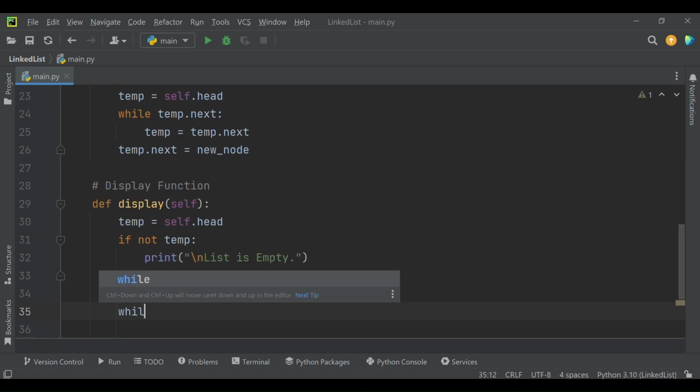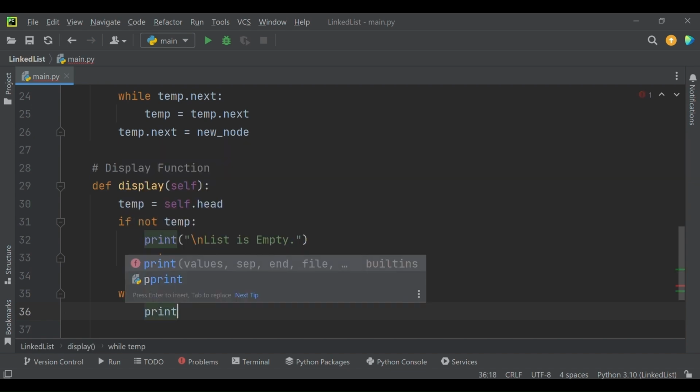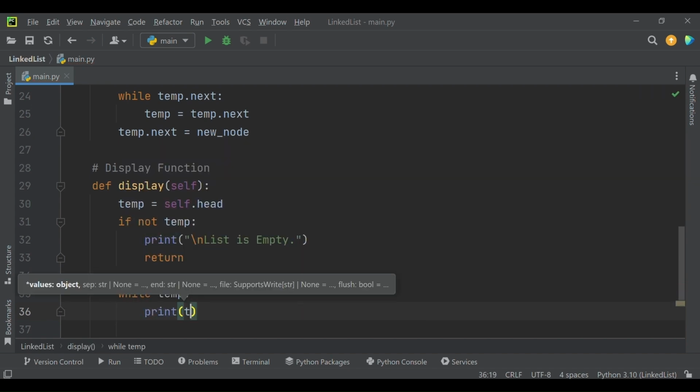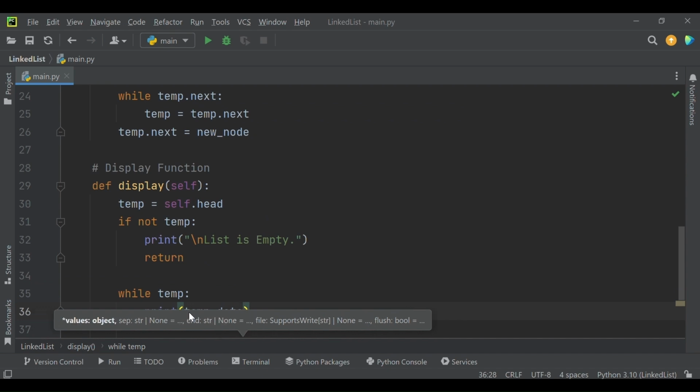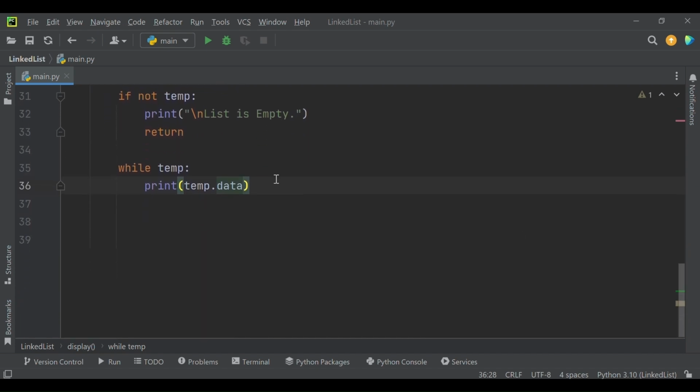Otherwise, if there are nodes to traverse, then we will print the data stored at that particular node. So one by one the data of all the nodes will be printed here. Let me scroll up, and here after printing the value of a particular node, we will indicate a pointer like this and then jump to the next node.